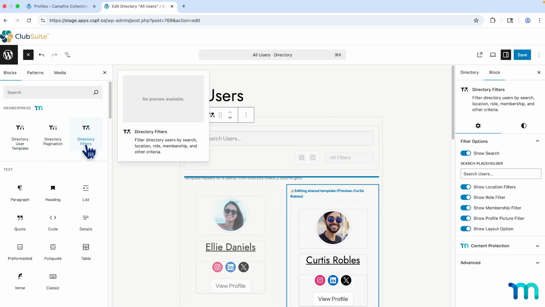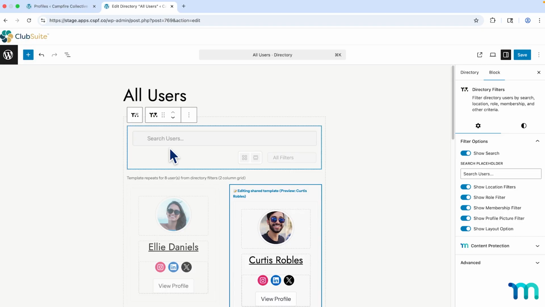Now, since most of you are just going to use what's already built, and then maybe customize and tweak a few of these block settings, I won't go too far into creating a completely custom directory page manually using any of these blocks. But you see some here pertaining to directories. And you can hover over each one and see a little explainer about what they are. Alright, here at the top, if you click on this,